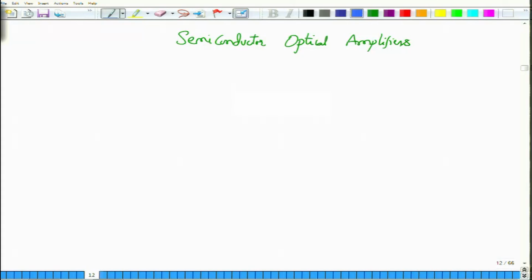All the other principles of a laser also remain. So, you have to have a heterostructure material, and then you have to have an injection by way of applying an appropriate current, forward biasing the junction, for example. All that we discussed will still be there. So, what are the different features of semiconductor optical amplifiers is what we want to look at.